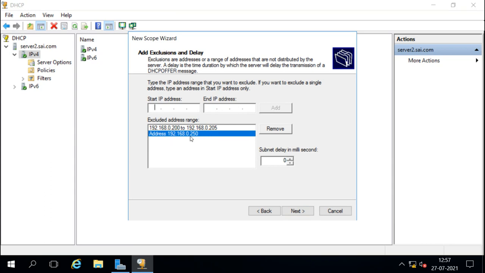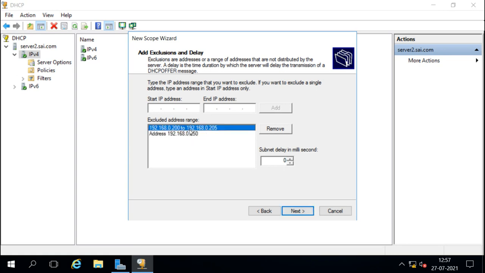So I'm excluding those IP addresses from DHCP, and I'm telling the DHCP server don't distribute these IP addresses to any client. Don't give these IP addresses to any client. Other than that, you can give any IP addresses within the range.